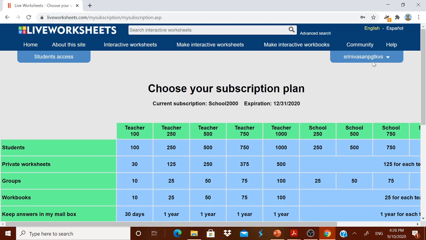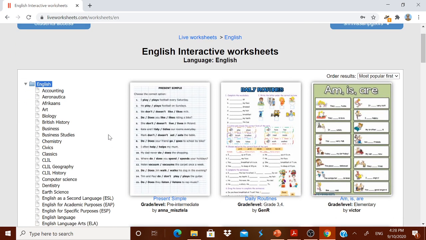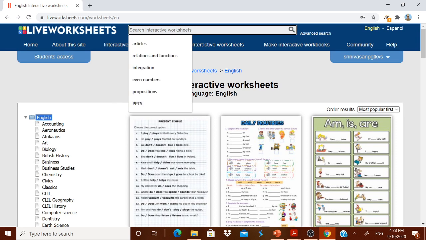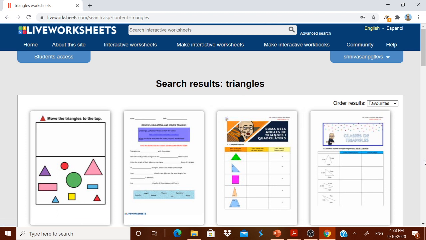Okay, well, now let me come out of it. In this video, as I told you, how you have to register. Now I have registered, and I am going to these interactive worksheets. You know that you can go for any interactive worksheet. For example, you type "triangles," simply type it, then all the triangle worksheets that others have already done come up. You can take them, and these worksheets are made public, which is why they allow you to use them. Now let me go for this worksheet.